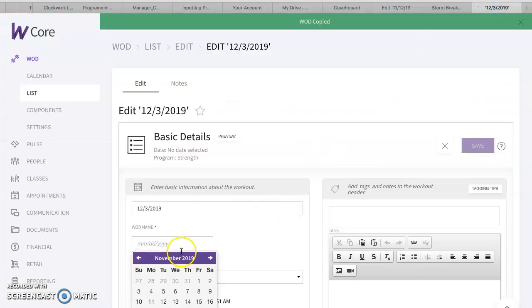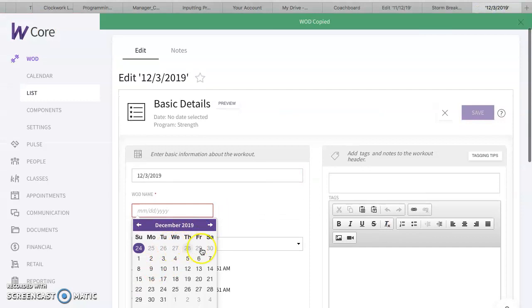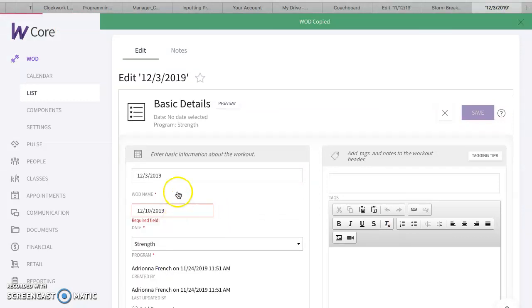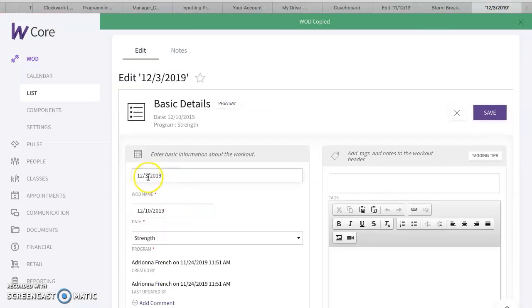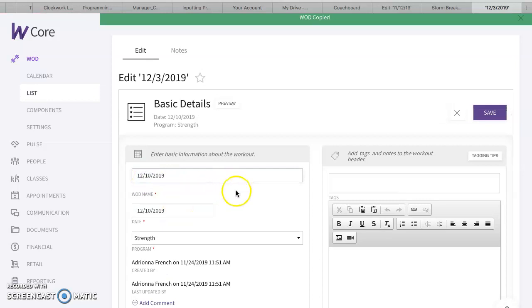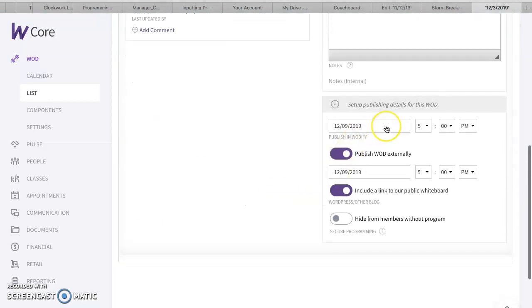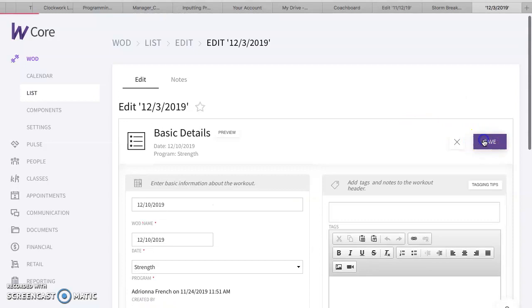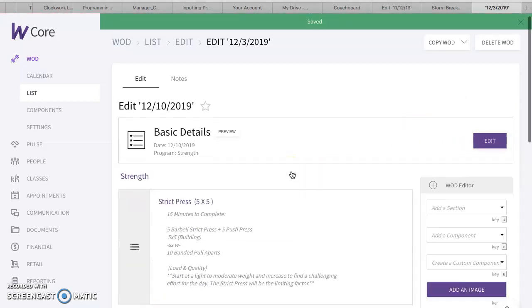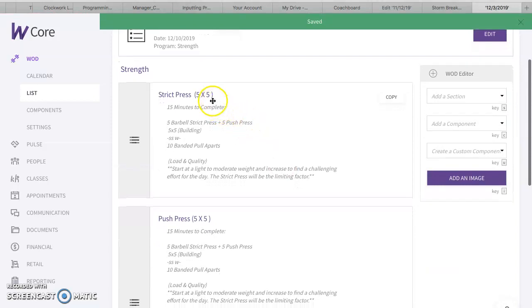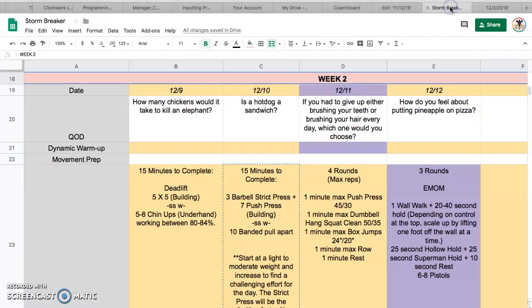12/10, 12/9 at 5. Save. And there we go. Now the only thing that changed is the rep scheme is three